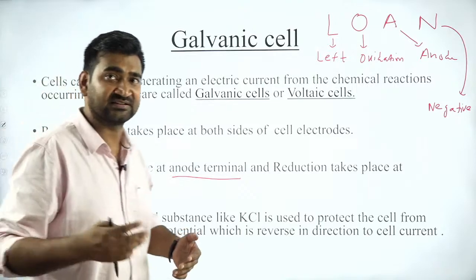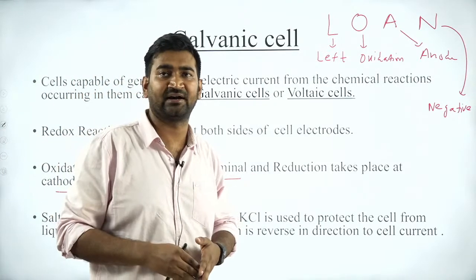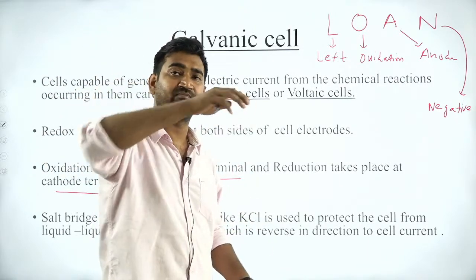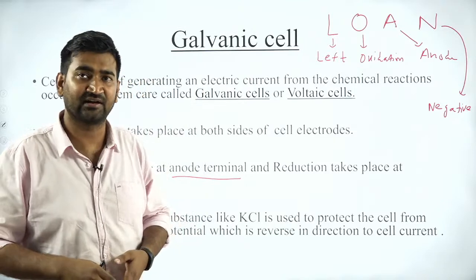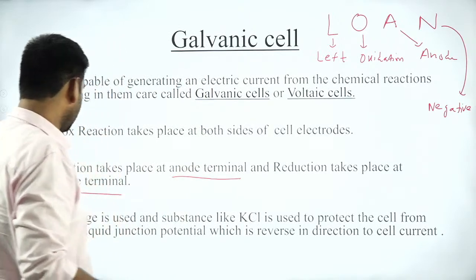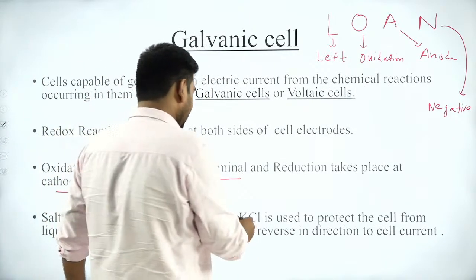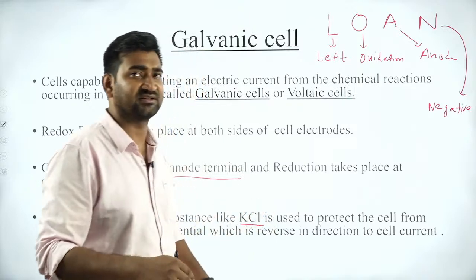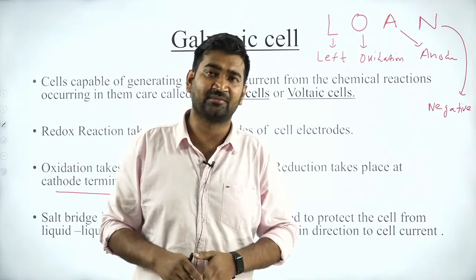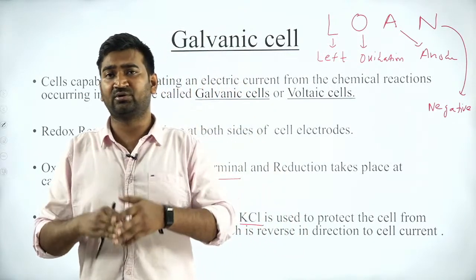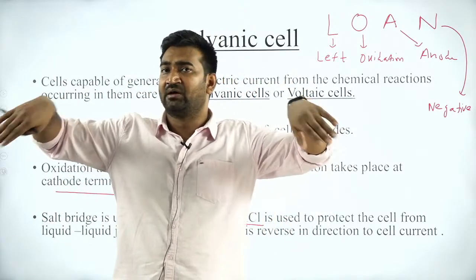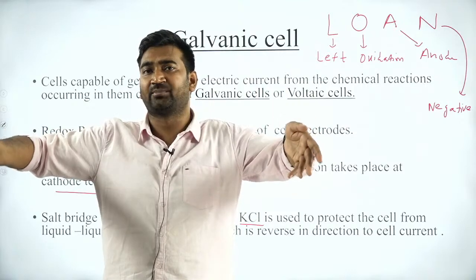Then the third thing which I just said, that outer connection is completed. Okay. From the anode side to the cathode side, the outer connection is connected, but internally how is it connected? For internal connection we require salt bridge, and the material which is generally used is KCl. You can use another material also, like in some cases KNO3 is also used, in some cases Na2SO4 is also used, but generally KCl, because the material should be such that both the ions have nearly the same mobilities,